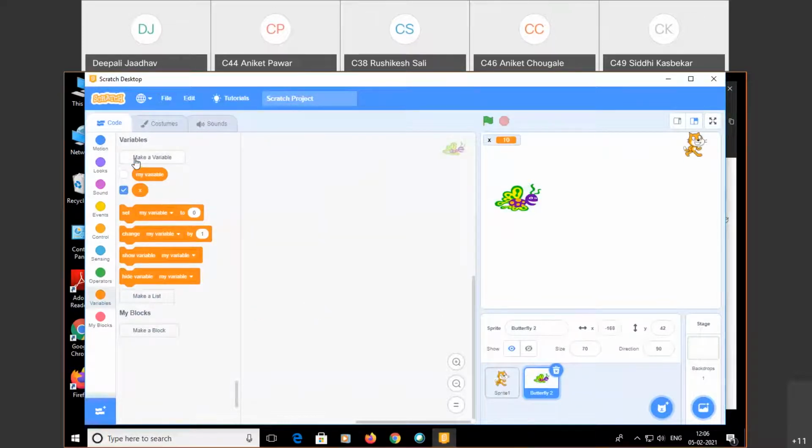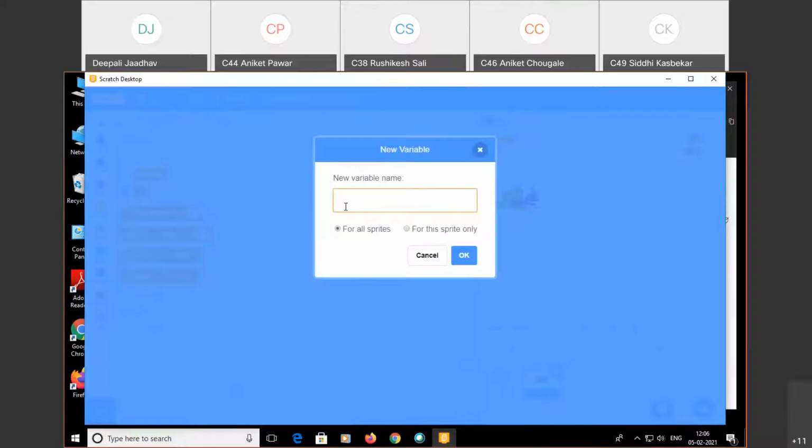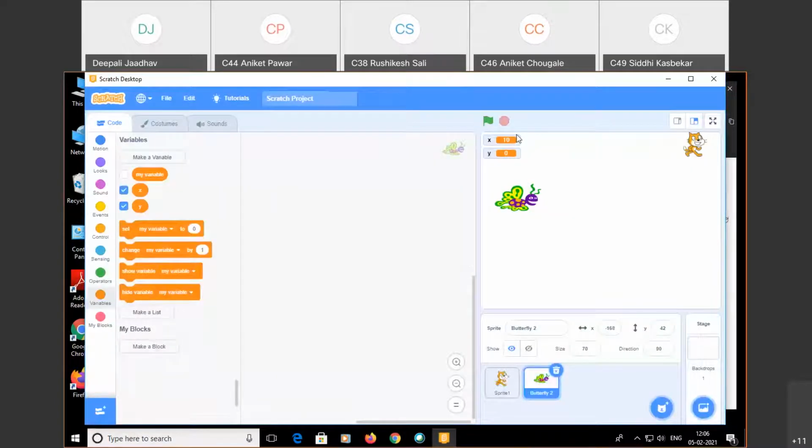Now I create another variable with the name y. By default we previously set its value to 10, and that's why you can observe the value of x as 10, and here y. Now I use this one, set x to 20.